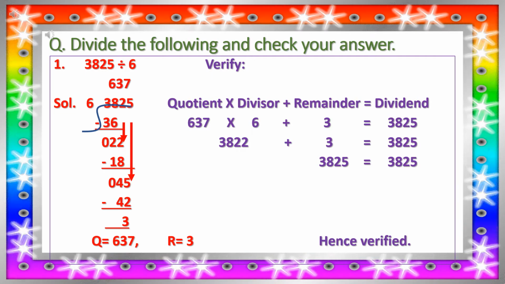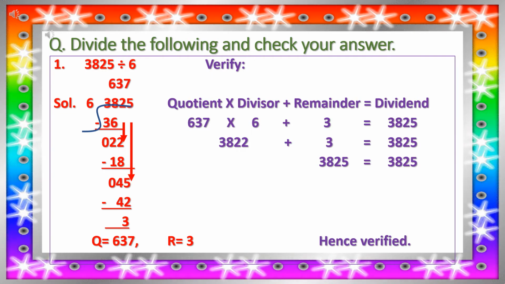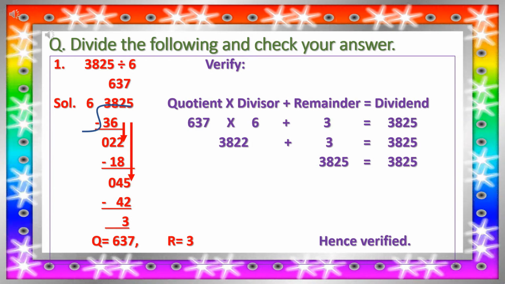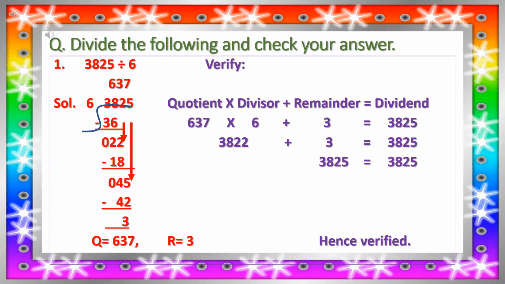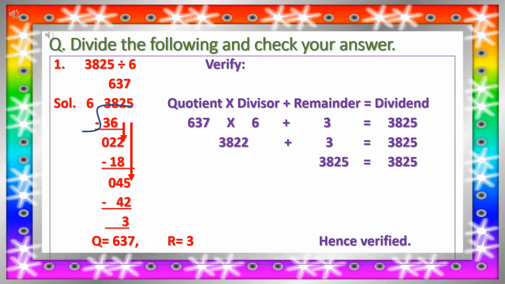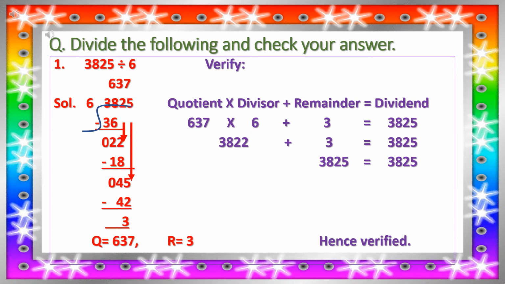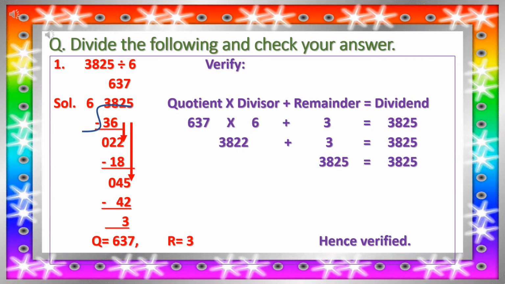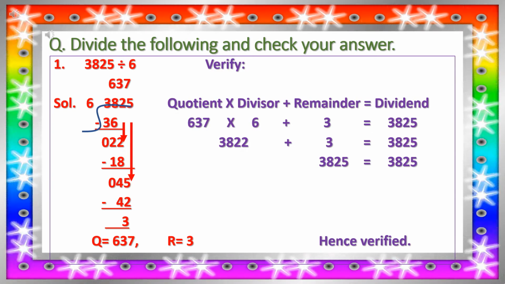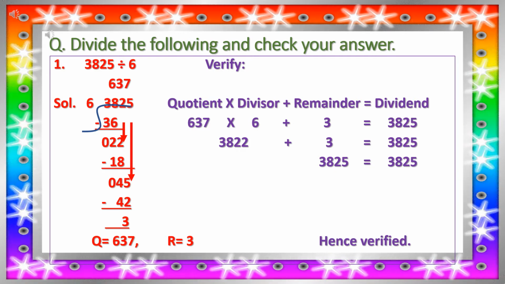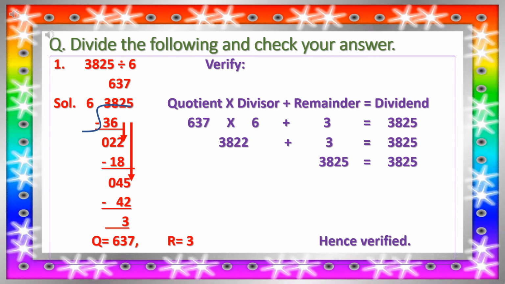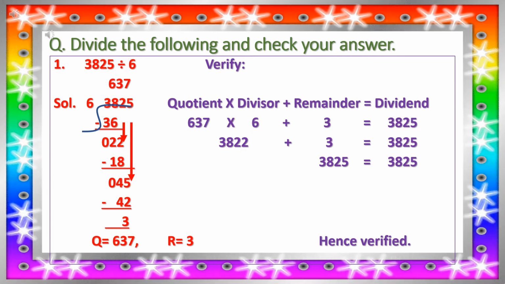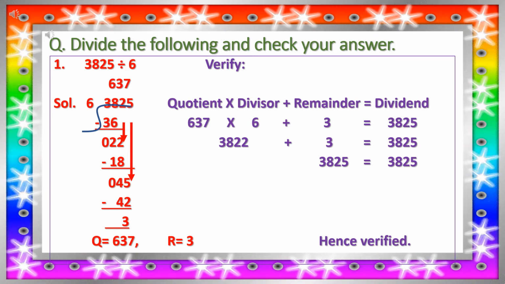We will write 8 below 8 given in the dividend. So we will write 8 here because 4 2s are 8. After writing 8 below the dividend 8, we will subtract them. 8 minus 8 is equal to 0. Next we will bring down 4 tens. 4 tens को हम नीचे लेके आएंगे and we will divide it by 4.